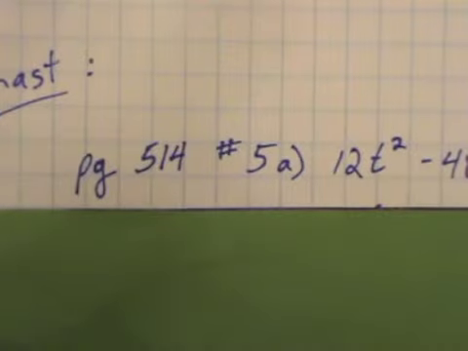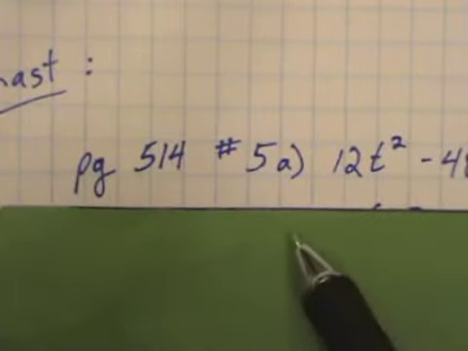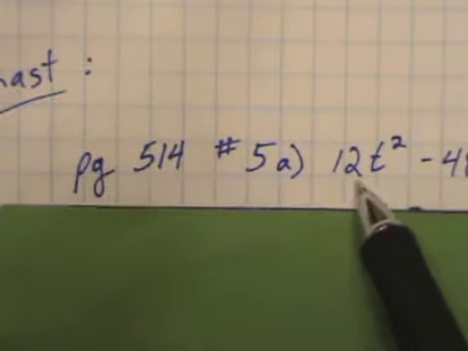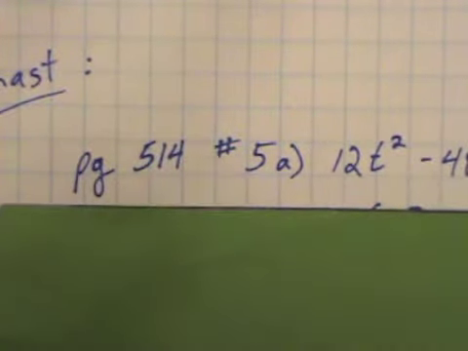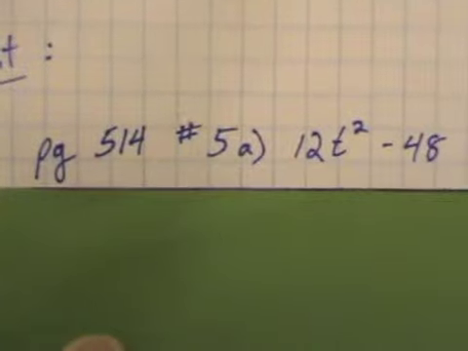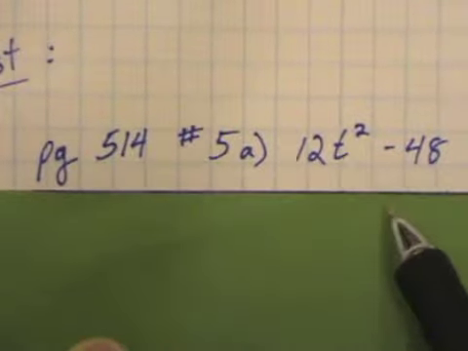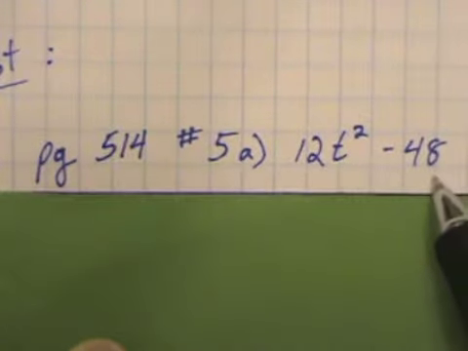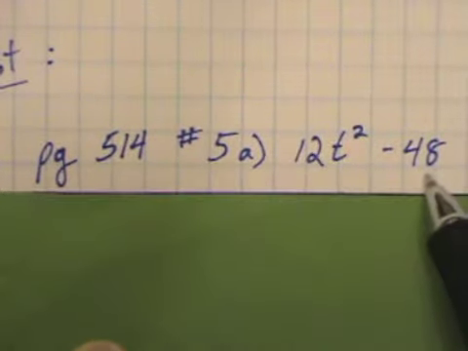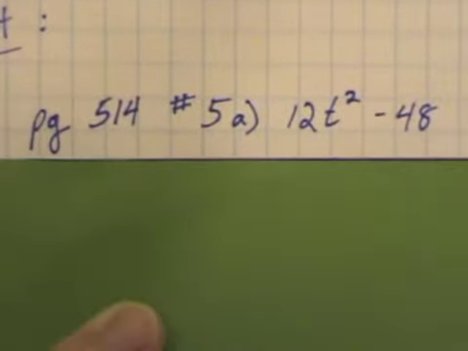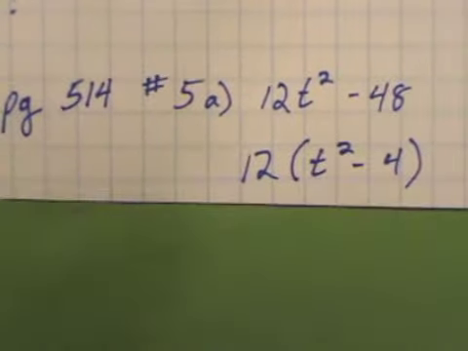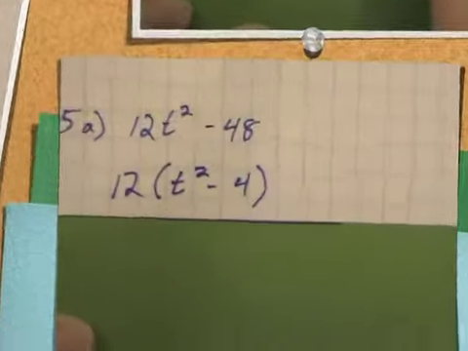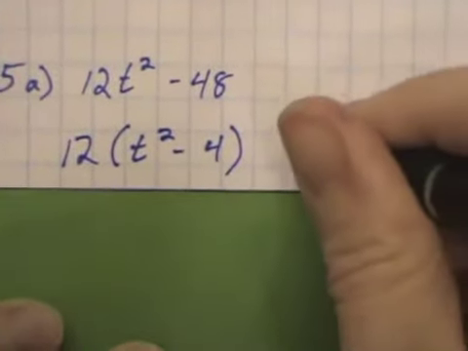Last but not least, the number 5 problem, which is on page 514, looks like this: 12t squared minus 48. There's no middle term, so you start to think optimistically, oh, it's a difference of squares, except that's not a perfect square, and, well, neither is that. But wait a minute, you are all clever, and you quickly realize that you can factor out a 12, and then, like magic, because it is a difference of two squares, now it's easy. It's just